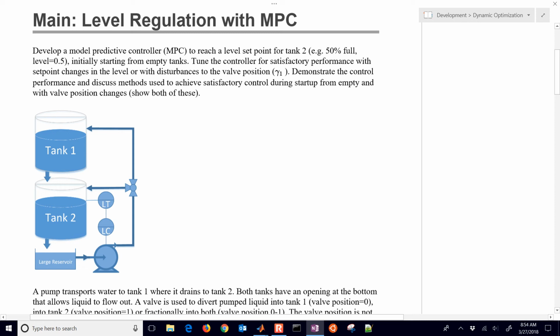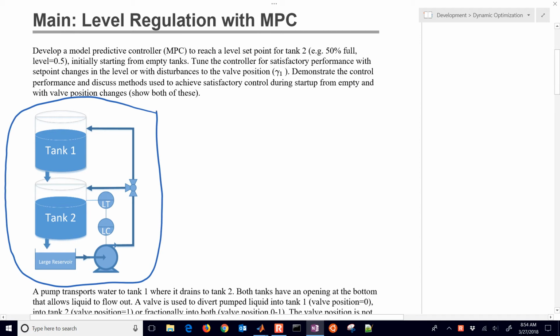We're going to develop a model predictive controller for this dual tank gravity drain system. What we have here is a first tank with the liquid that drains down into the second tank just because there's a hole or an opening in the bottom of that, and it drains into the second tank, which fills up, and then that also drains down into a larger reservoir, which then is pumped back up, and we can